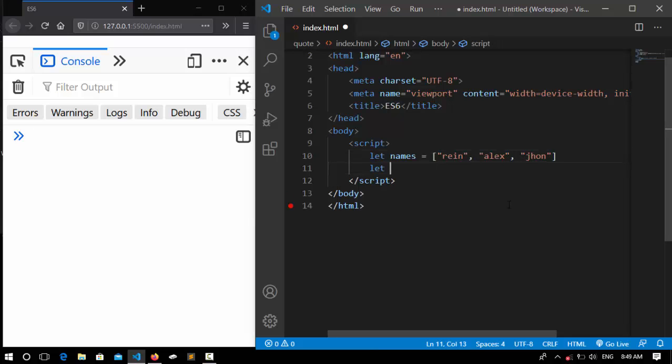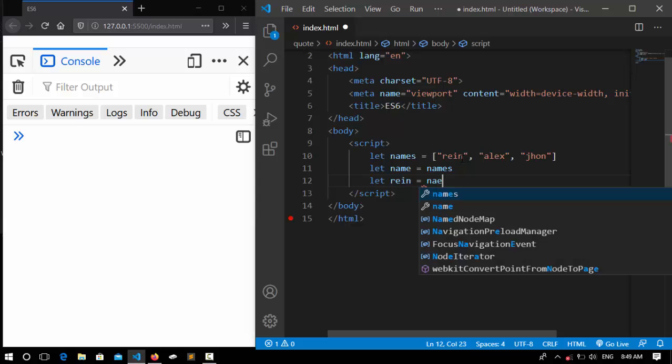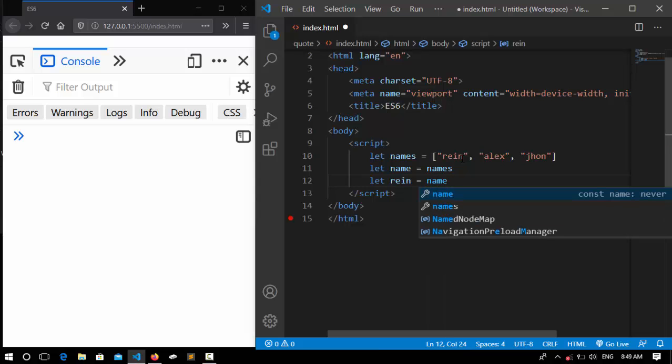Here I can declare another variable and call it whatever I want. For example, I call it name and assign it to the names. And using this, we can access each array element that we want. For example, I can declare a variable called rain and assign it to name, and from the name get the first